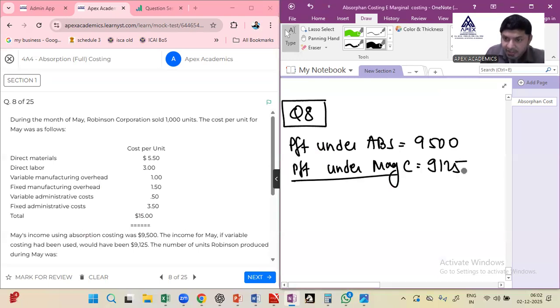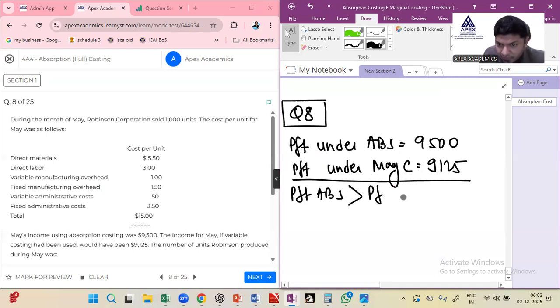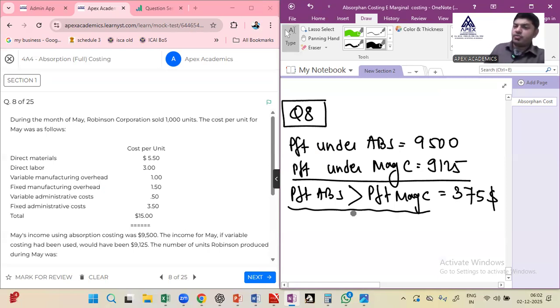With your permission, can I say that profit under absorption costing is greater than profit under marginal costing by $375. The moment I say that profit under absorption costing is greater than profit under marginal costing, I know that